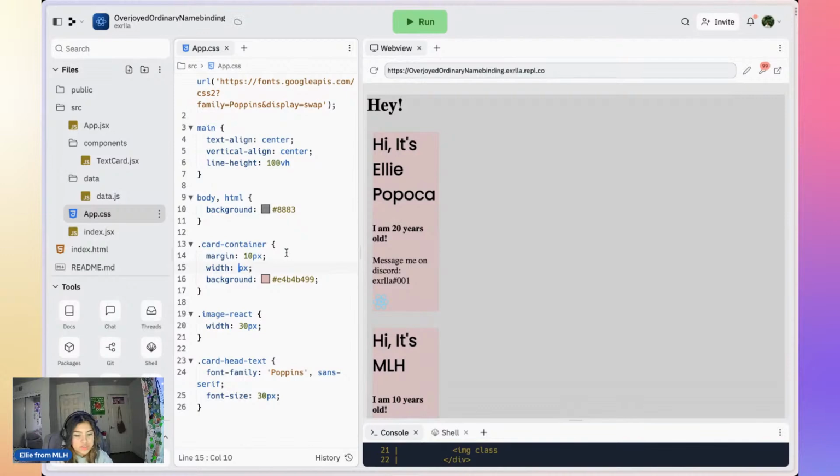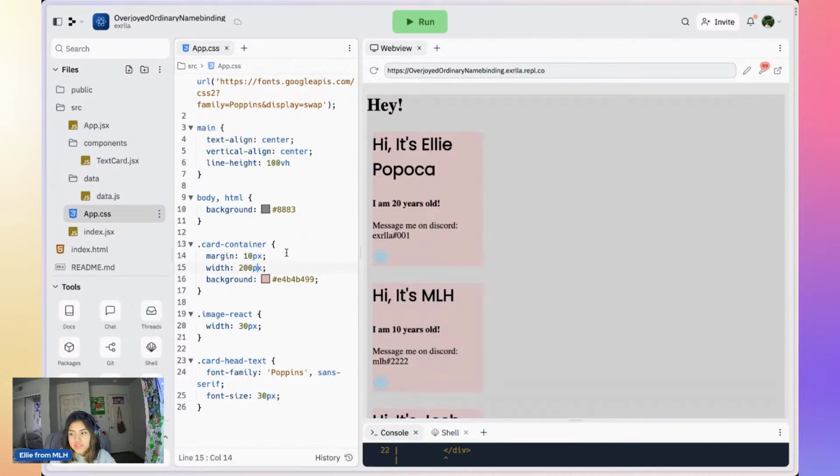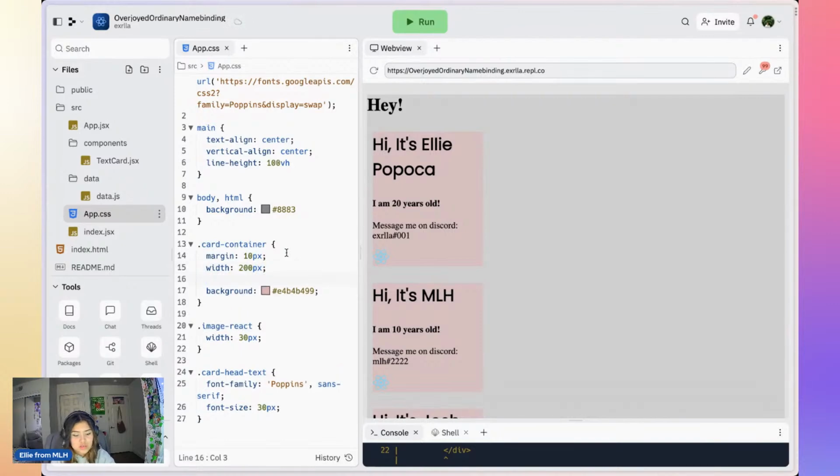Actually, it could be bigger. Let's do like 200. Yeah, okay, cool. I also want them, let's make them look like actual cards. So, order